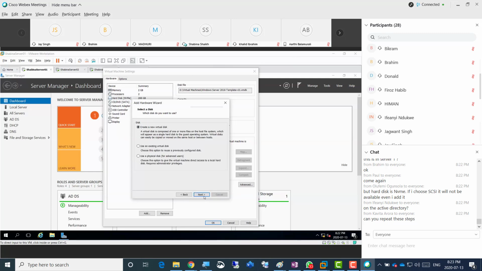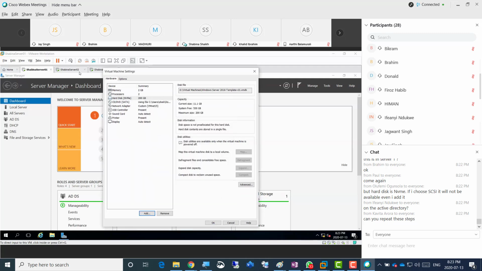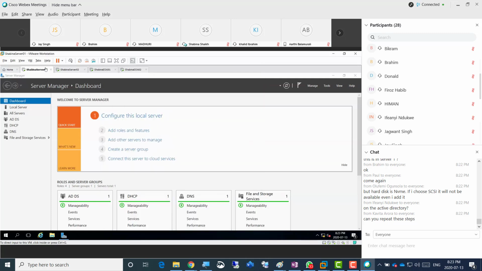Kavita says, can you repeat these steps? Okay. So Shabina, cancel, and then cancel, yeah. Right click on server 1. Everyone, this is server 1, and make sure your server 1 is up. This is the oxygen of the environment. You cannot shut down server 1. Well, Shabina will have to now, but let's go for right click and settings,